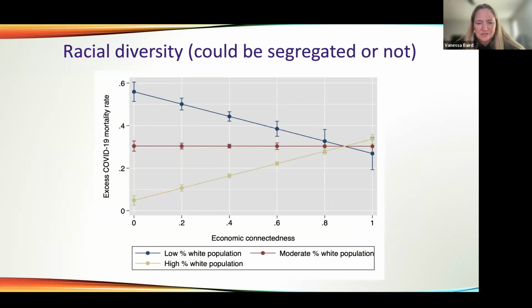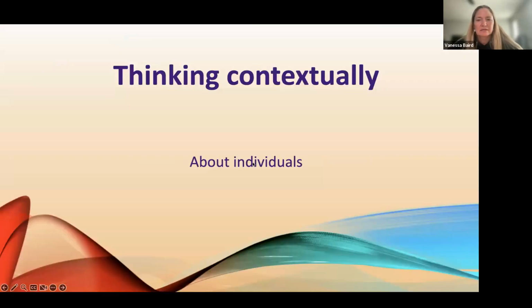And then racial diversity: if you have a low white population, economic connectedness brought deaths down. But if you have a high white population, economic connectedness brought it up. So now when we think contextually about individuals, the way those data structures look is they